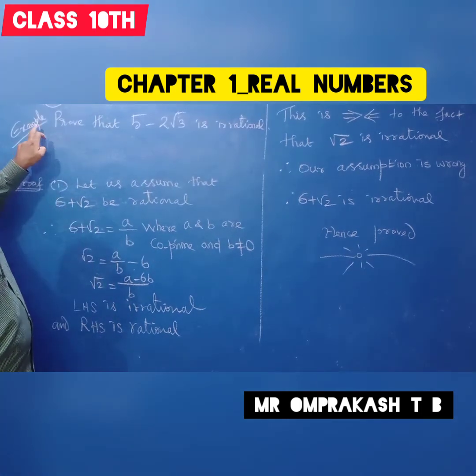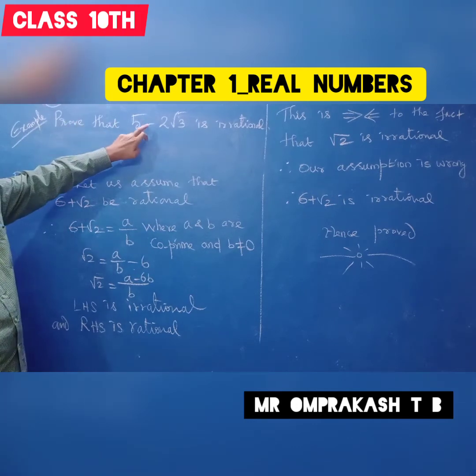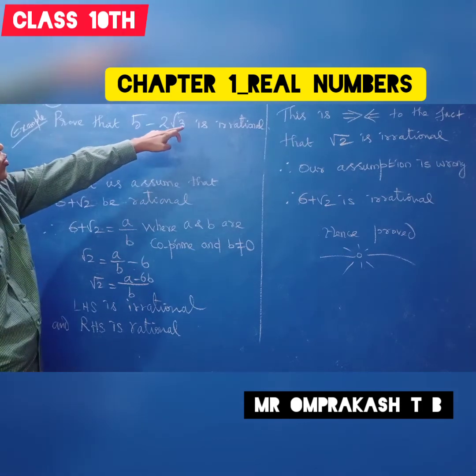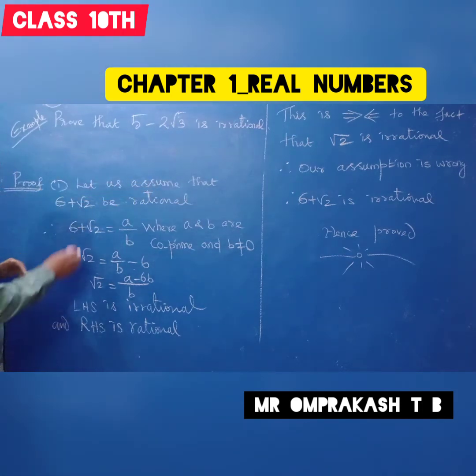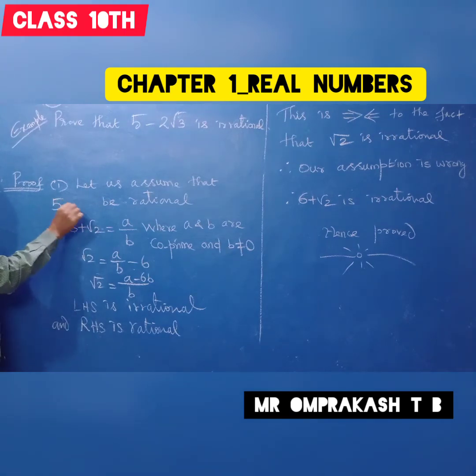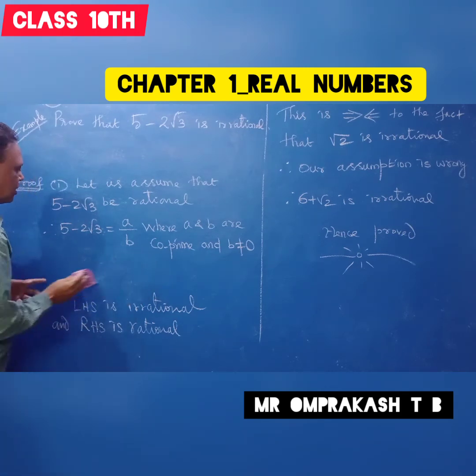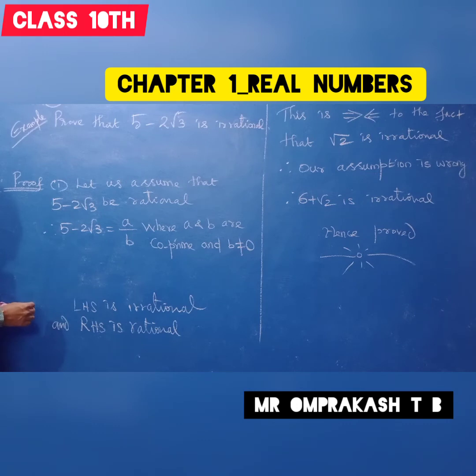Now see the next, a very important example problem. Many times they repeatedly ask this. Because the minus is there, you have to do it very carefully. Prove that 5 minus 2 root 3 is irrational. So let us assume that 5 minus 2 root 3 is rational. Here, this side you write 5 minus 2 root 3. Now this step is very important. How to do it: this you take this side, this you bring this side. That is very easy. Clear? The minus 2 root 3, you bring this side, and it will become positive. Clear? Now this 5,